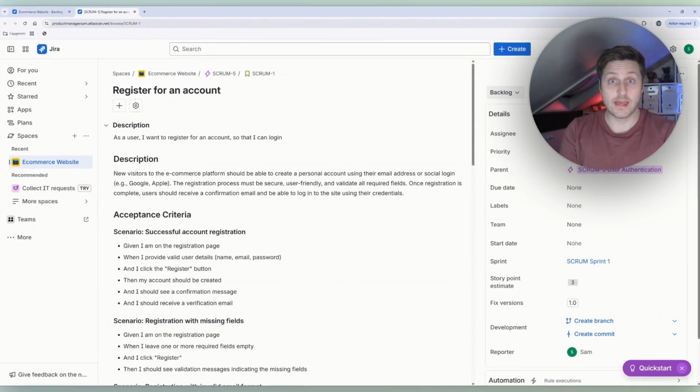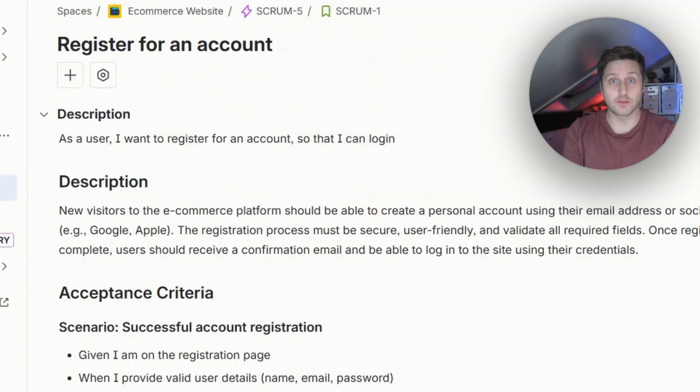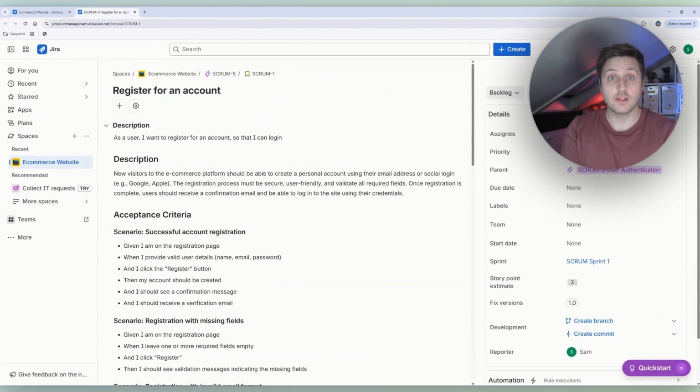Now, I point that out in particular because the title isn't actually the user story. If you put a full user story in, like I've got written at the top of the description, as a user, I want to register for an account so that I can log in. Although that looks great, it is hard to find when you're quickly searching across all your stories. So my recommendation as the title is you actually put something in a short form that just summarizes the purpose